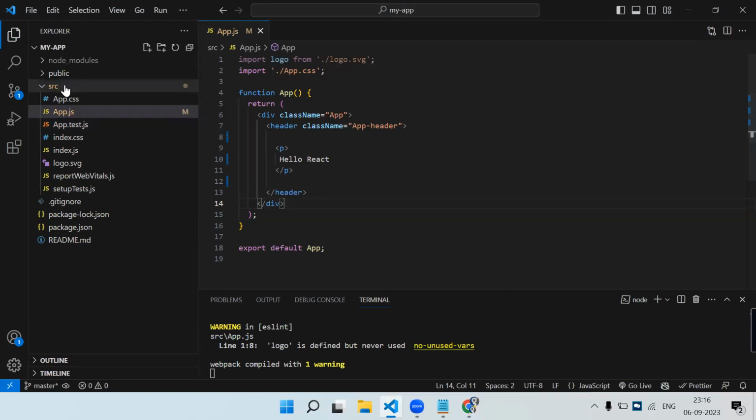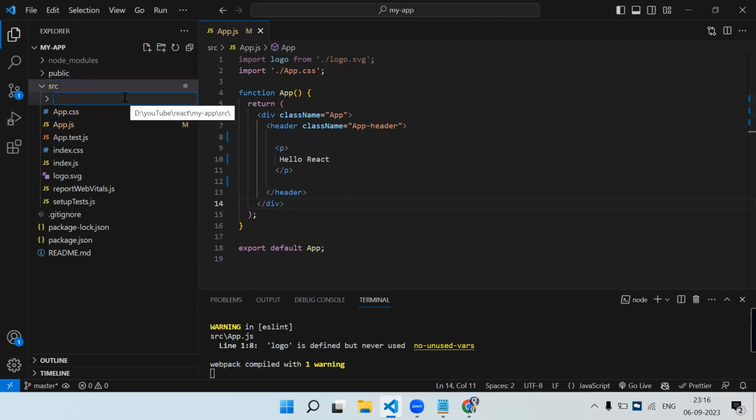So in the src folder, I'm going to create one folder first, just to separate out the files. It is not mandatory, but it helps group the files into a particular folder. I'm creating one folder, I'm calling it components. Now, in this components folder, I have to create one, let me just show you